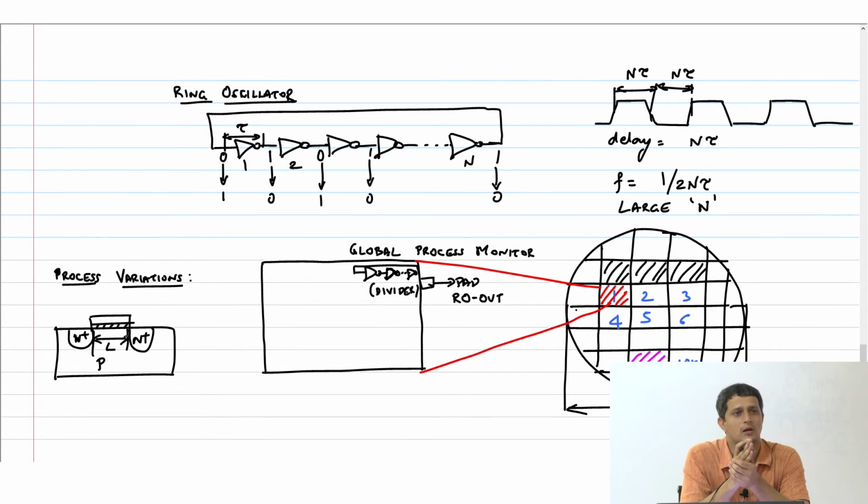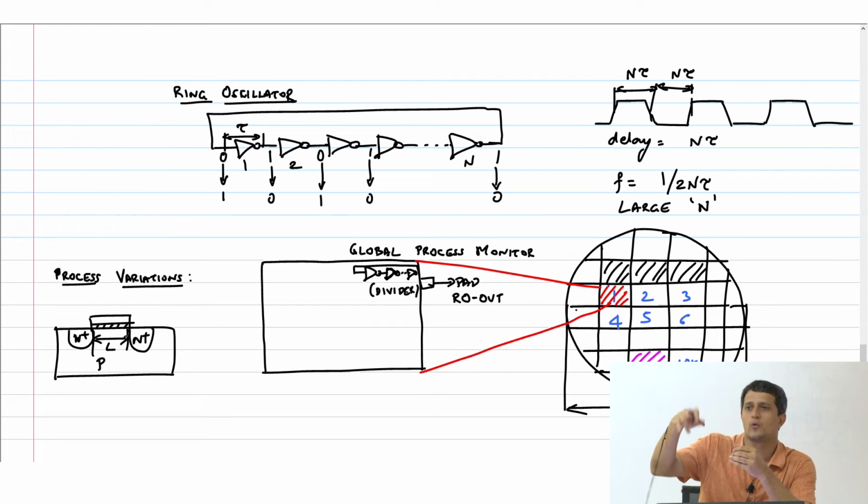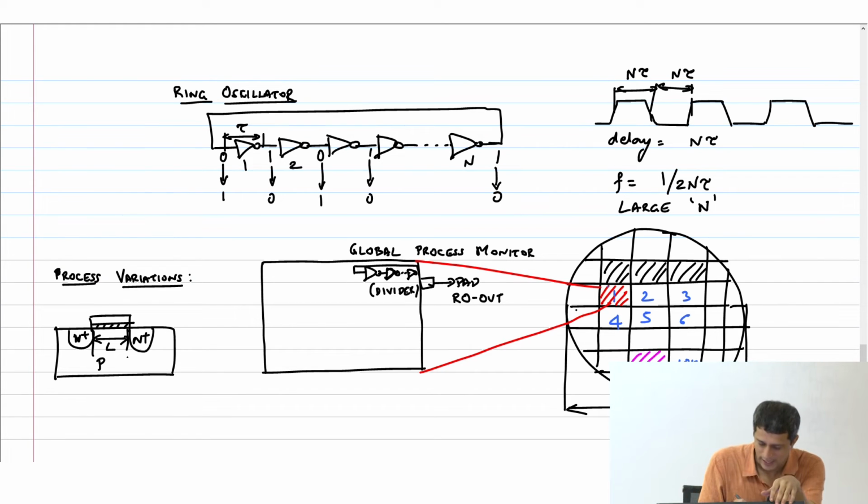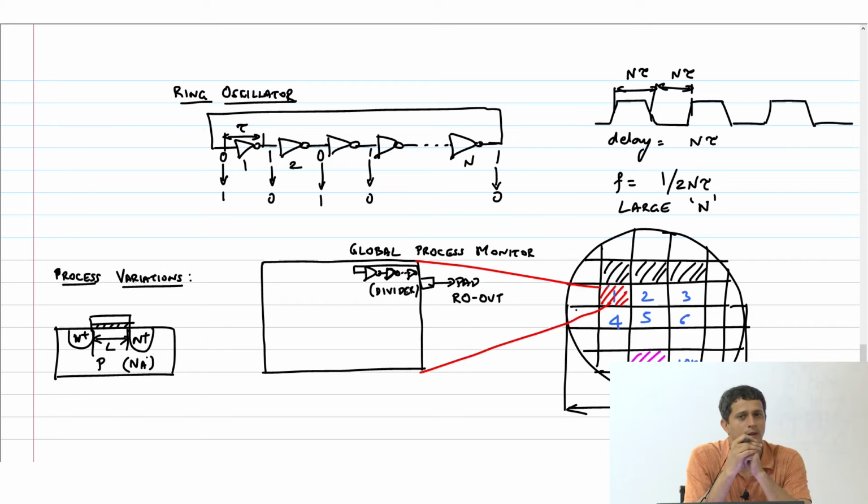Other thing is, we derived the expression for the VT, right? You remember it goes as square root of Na, where Na is basically the dopant concentration of the P substrate. Now it goes as square root of Na. We made a big assumption there that every dopant atom has got ionized appropriately, right? Under the channel, we are assuming that every single dopant atom has got ionized properly. Now let us see